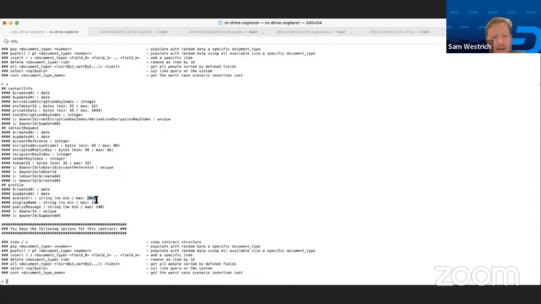They are actually Unicode characters that have up to 4 bytes. So if you were to register such a contract with a max of 2048, you can actually insert up to 2048 times 4 bytes.